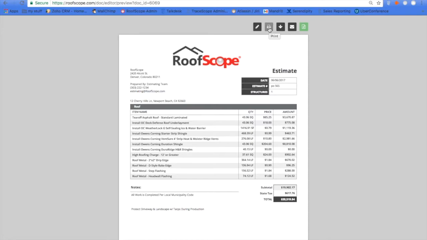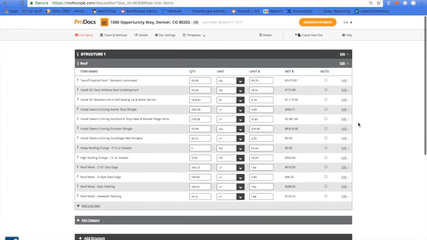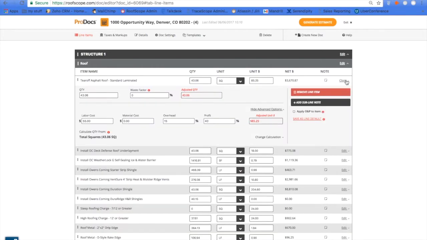Let's take a quick look at the template that I used to generate this estimate. So in this template, as you can see, I've identified these dozen or so line items. It's completely and totally up to you what you want to do with this. To edit a line item, you simply hit the edit button over here, and you can see that we've populated